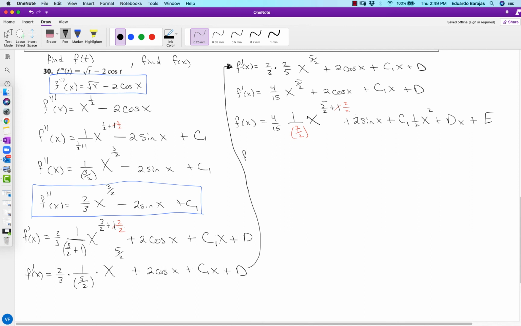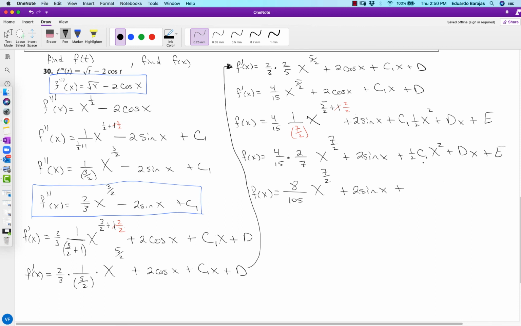Okay, so that means that f of x is equal to 4/15 times 2 over 7 x to the power of 7 over 2 plus 2 sine x plus, and I'm just going to switch these around, that'll be 1/2 c sub 1 x to the second power plus dx plus E. And then multiplying these, we end up with f of x gets me to 8 over 105 x to the 7 over 2 power plus 2 sine of x plus,